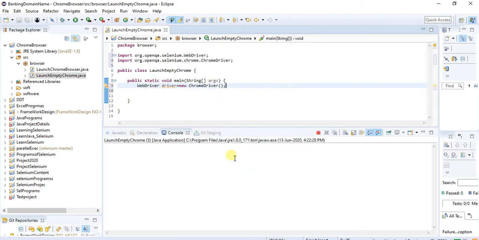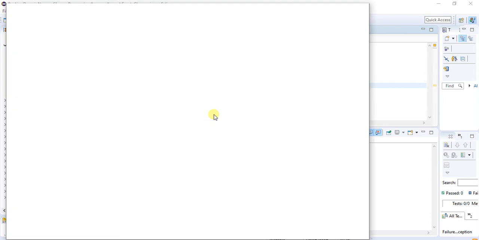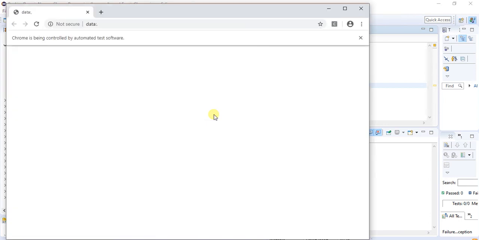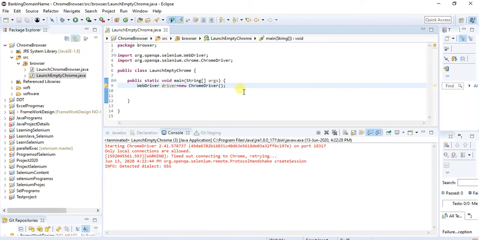Click on OK. It is going to launch. So the empty browser has got launched. Now I'll close this one. Now I want to close this one.